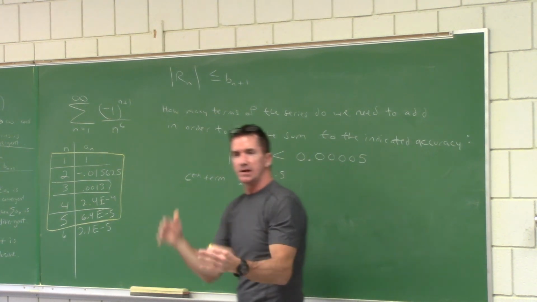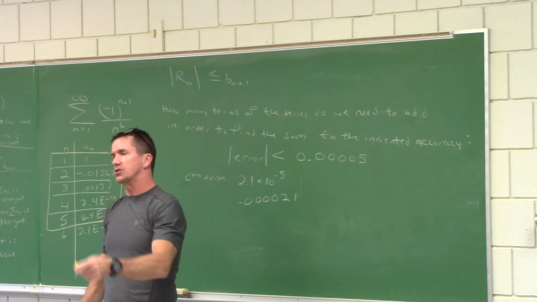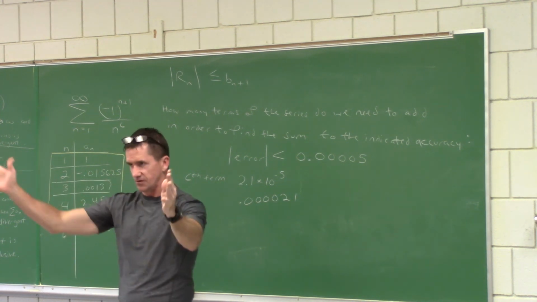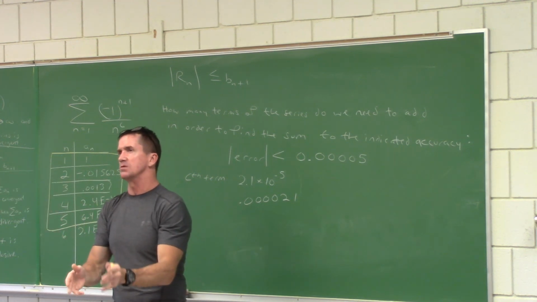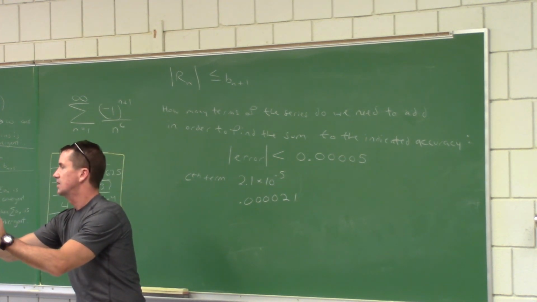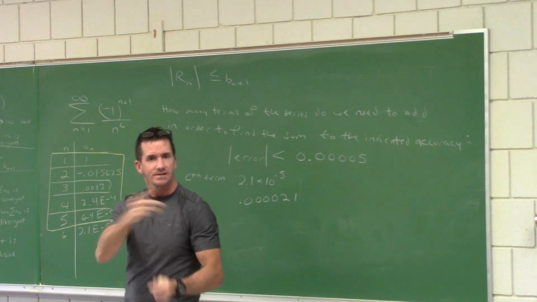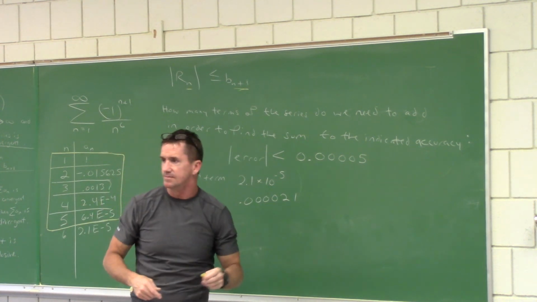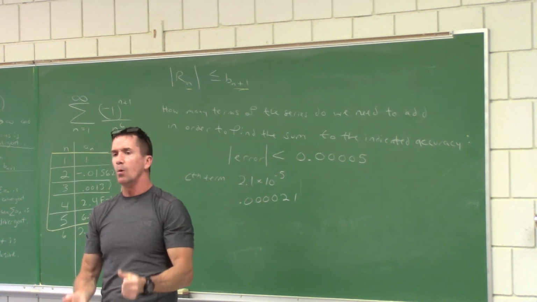So hey, I want to make sure we're clear on this. What if we did another problem and it took the 11th term? How many terms you got to add up? 10, the first 10. What if you did another problem and it was the 4th term? Then to get the desired accuracy, you got to add up the first 3 terms. Does everyone follow this? That's what they mean by this n and this n plus 1. Hey, one more, I think you got it. One more time. What if it was the